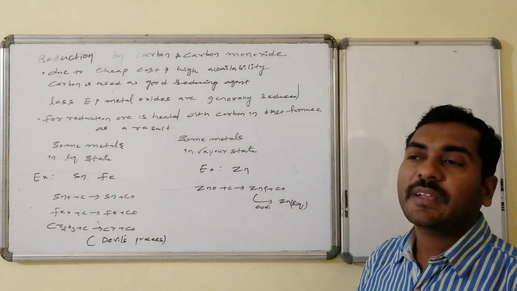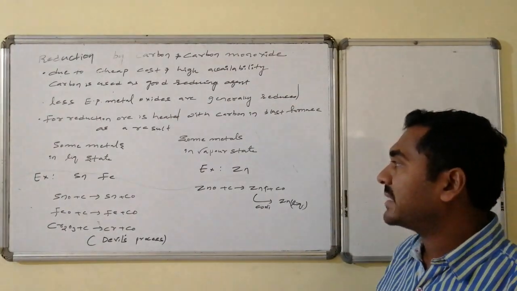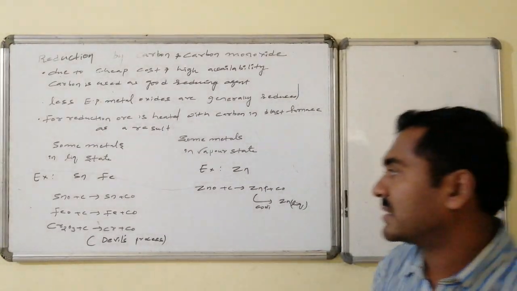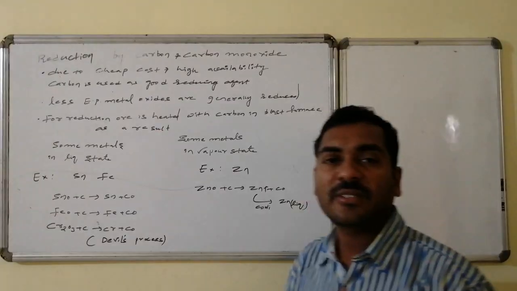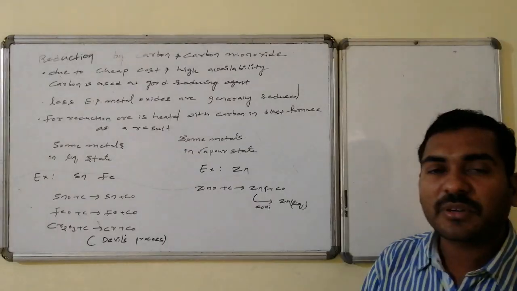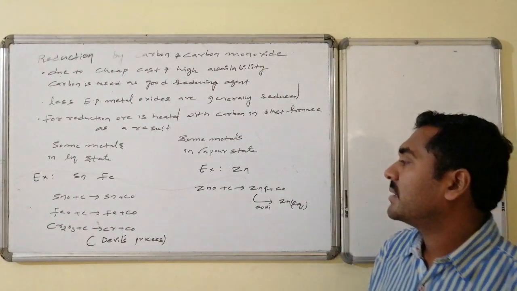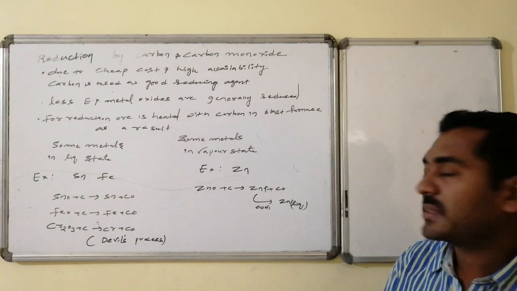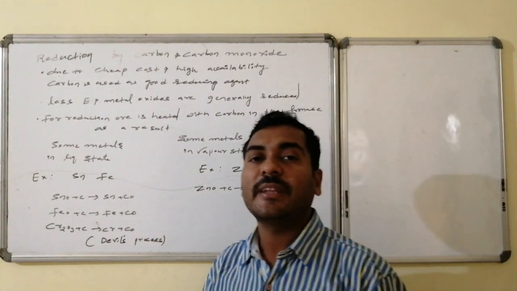Whereas some metals which have very low melting points are easily converted to the liquid state, and at this high temperature can be present in the vapor state also. These on cooling can be converted to the liquid state. In the case of tin, iron and chromium, these oxides on reaction with carbon are converted to tin, iron and chromium, each followed by carbon monoxide, and this process is said to be the Devil's process. Whereas zinc oxide on reaction with carbon is converted to zinc, which has a lower boiling point and is present in the vapor state. On cooling, it condenses and is converted to liquid zinc.